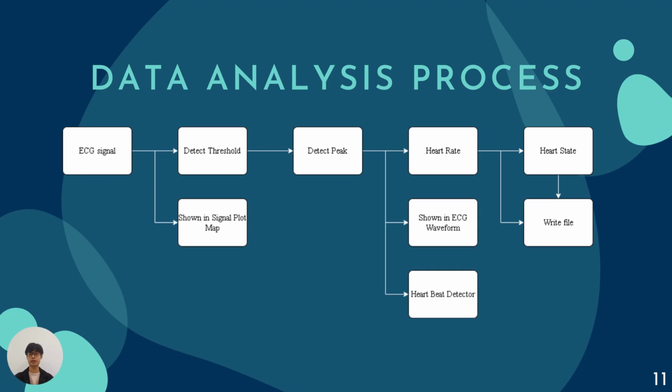When the calculation is completed, the BPM will be displayed on the interface and indicate whether the patient's heart is beating fast, slow, or normal. When the data has been fully gathered, the ECG wave will be displayed again on the graph of the interface. From there, we can diagnose the heart state of the person being measured. The final results will be stored with a specific date and time in Excel if you want to save your data, as told before.